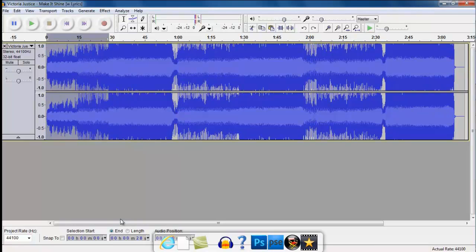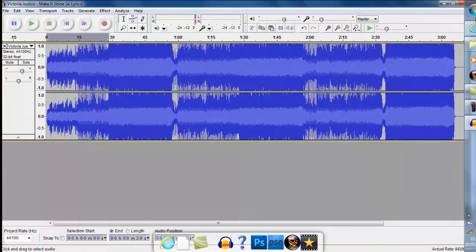Okay, so just one last thing before we call the first basic tutorial a night, I'm just going to show you how to increase the volume without having to go under the effect. All you've got to do, you've got these little buttons here. You can decrease the gain, but if you decrease it too much, you will hear it, and if you increase it too much, you will get static, or white noise as some people call it, but I like to call it static. So I'm just going to increase it to 10, and then I'll hit play, and it will be louder. As you can see, I haven't gone near the volume icon, which is on the right hand side of my screen here, because of how I set up my windows. So if I just hit play now,